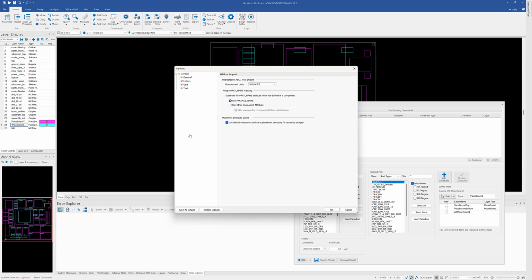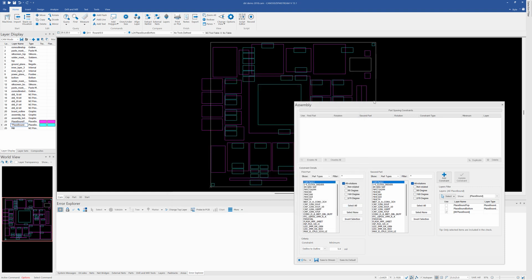If you bring in IPC 2581, you actually have to define the layer names that have the correct outlines, because 2581 is a little more robust. You can basically call it whatever you want to. In PADS, now this is old PADS Layout, you had specific layers things went on, and you can choose that layer here, and it will use that layer for your analysis. But once you have all that defined,